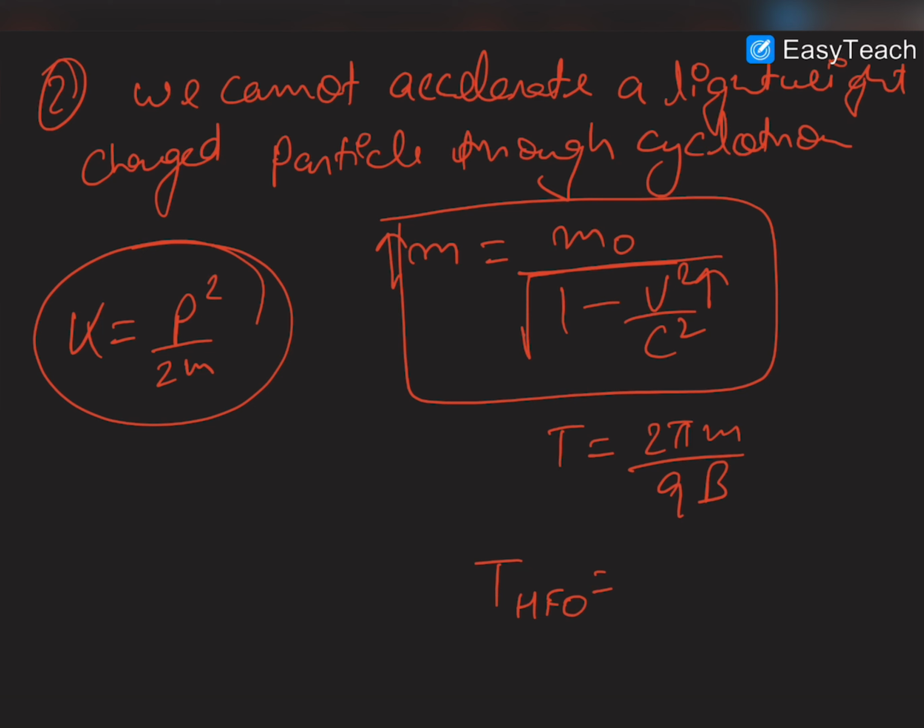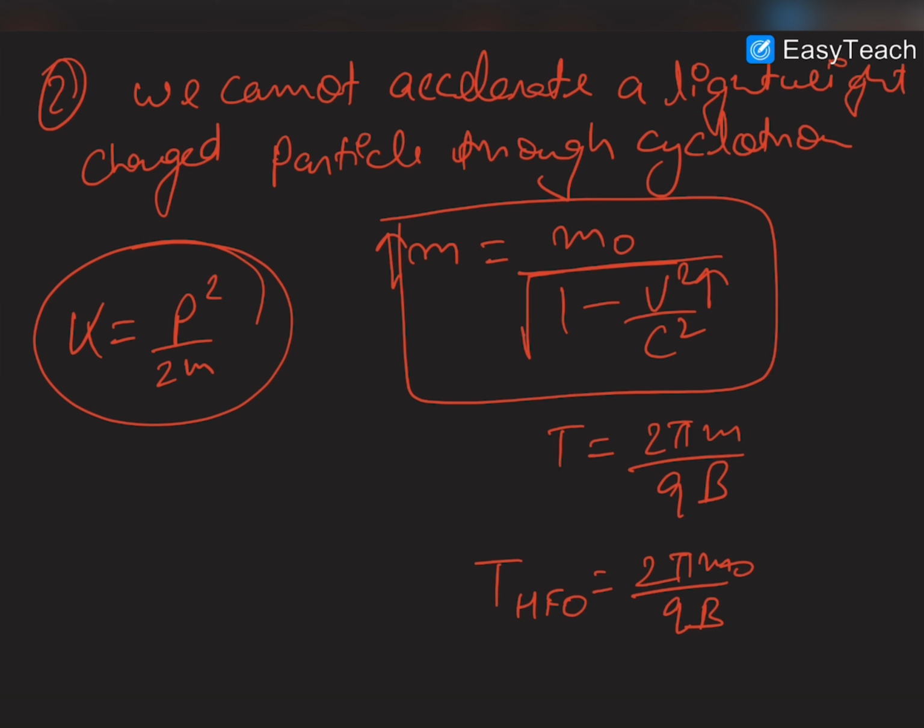So the HFO time period will remain the same, which is 2 pi m naught by qB, but the mass of the particle is varying according to this relation, and therefore its rotation time period is varying. So due to this effect, the resonance condition will be lost between the particle and the cyclotron, and each